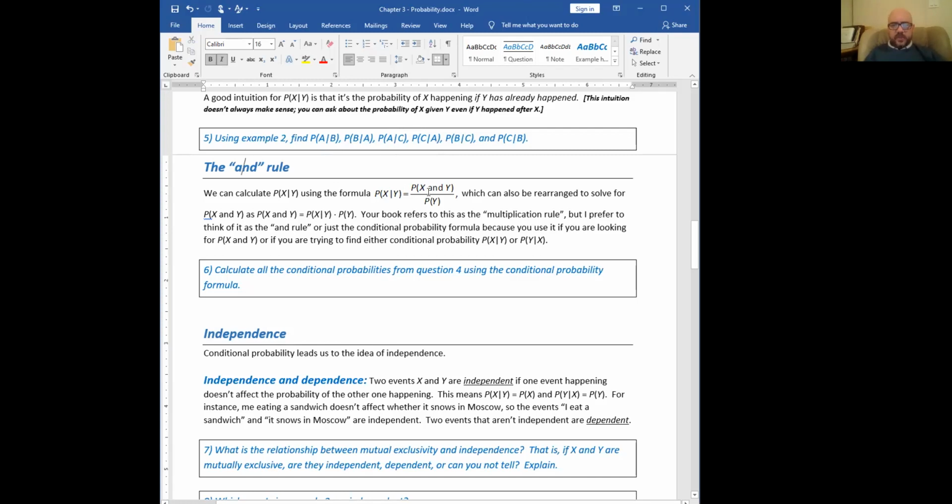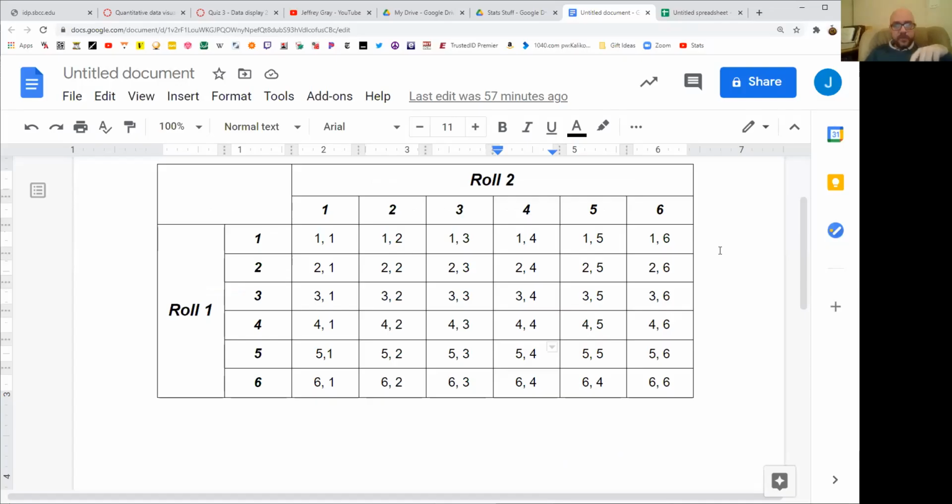And then I wanted to point something out, that the probability of X given Y is the probability of X and Y over the probability of Y. We actually saw that when we were doing this. I'm going to go ahead and go back to my other sheet and do that with A and B. So we had